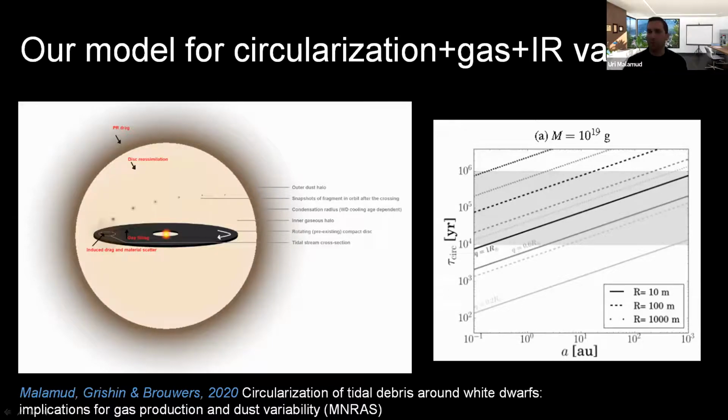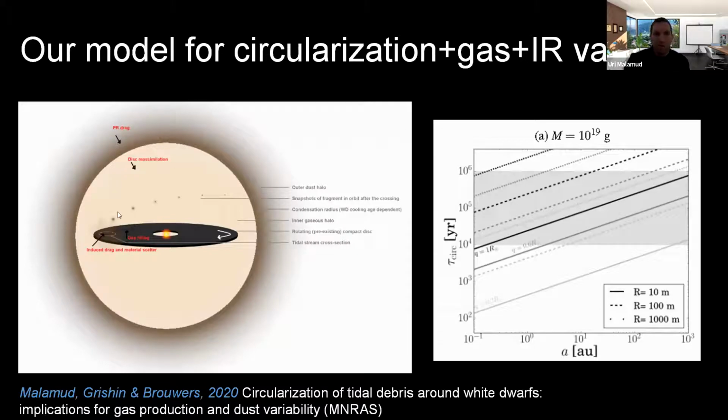Which makes a lot of sense because this is where you would expect stuff to tidally disrupt, okay? Anything that's exterior to this would remain intact, but anything that is interior to this would tidally disrupt unless it has some internal strength, okay? You and I are inside the Roche limit of the Earth, but we're intact, we don't disintegrate. It's because we're not in the gravitational domain, we're in the internal strength domain. So anything small enough with a monolithic, internally strong structure can survive inside here, but anything in the gravity-dominated regime cannot.